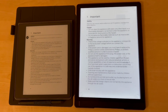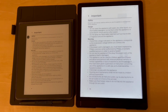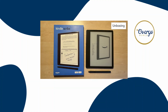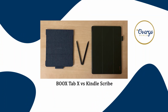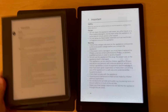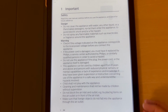If you are going to be using something to read PDF documents, the BOOX just wins hands down compared to the Kindle Scribe. You will have seen in the review that we did last time, there are limitations with the Kindle Scribe, and we'll do a short video to do a comparison of the PDF differences. But just going back to the BOOX,